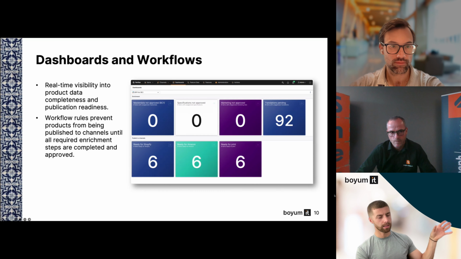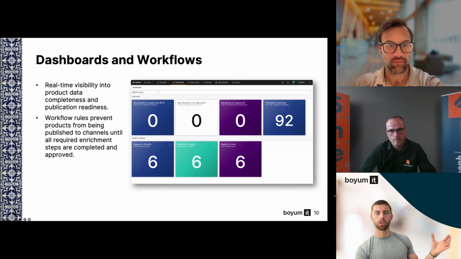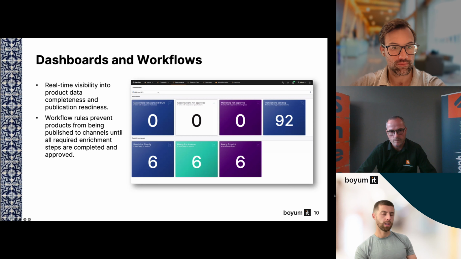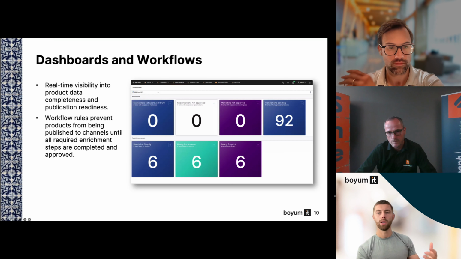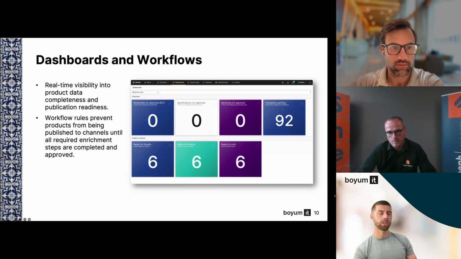And it really is that downstream workflow where a product might come in from an ERP, a product might come in from a supplier portal, or it might come in from an Excel document. And what you do is you take that product along its journey from SKU to you, a phrase I've used many a time before, where each department or each stage along that product's journey is able to enrich the data which is assigned to them, whether it's marketing or a product team or an IT team or a purchasing team, whichever team you decide to have, whichever product. And again, the product can go from 0% to 100%, pass through a number of different workflows and validation stages,